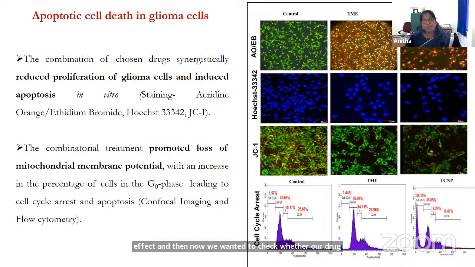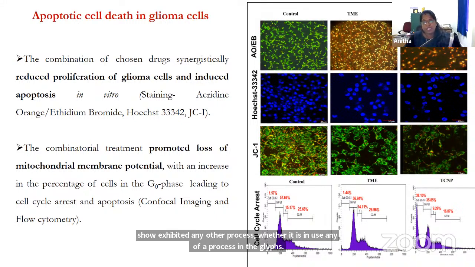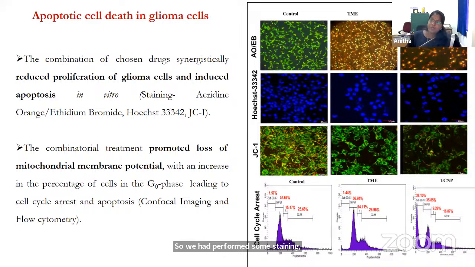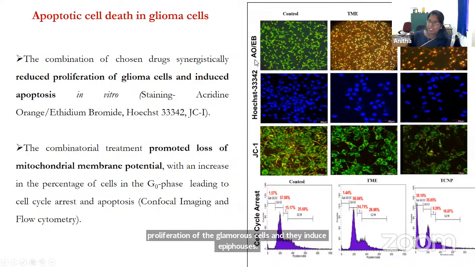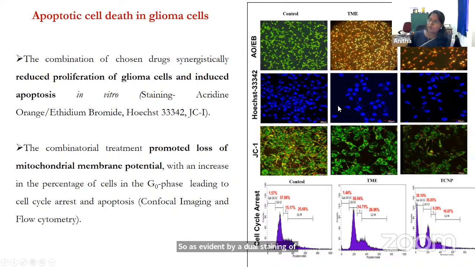So we performed some apoptotic staining assays, using fluorescence microscope and confocal microscopes. Interestingly, we found that our triple drug combination and quadruple drug combination synergistically reduced the proliferation of the glioma cells, and they induced apoptosis, as evident by dual staining of acridine orange, EtBr, and Hoechst 33342, which was done through confocal microscopy. Once we knew it had induced apoptosis,